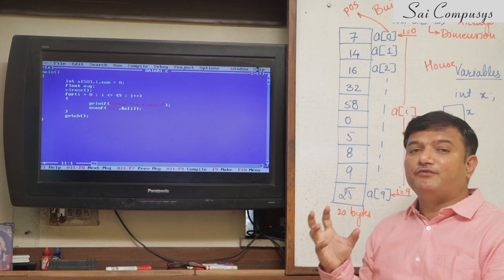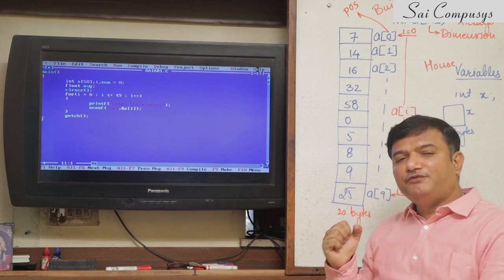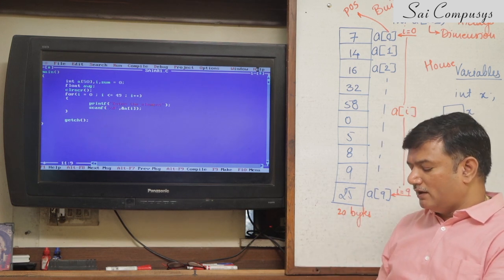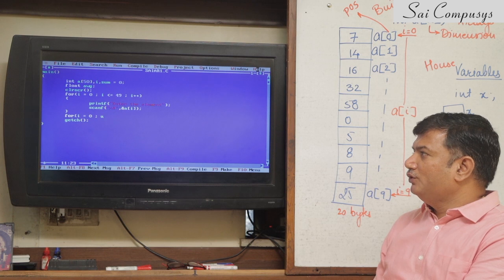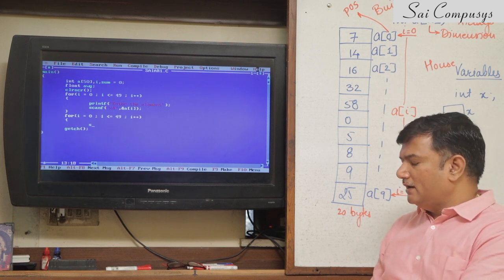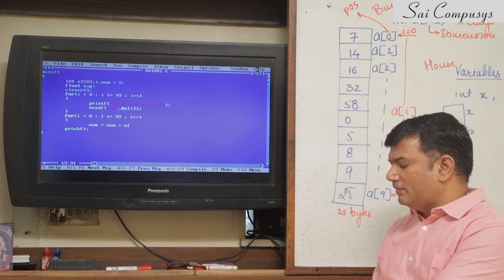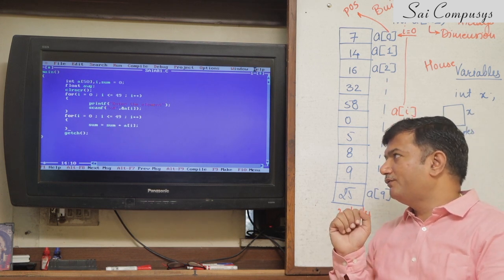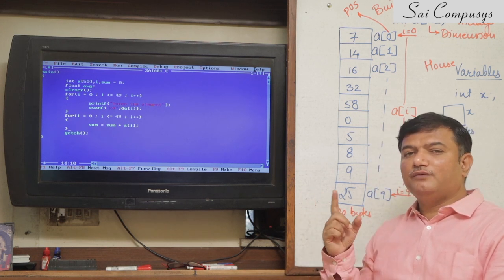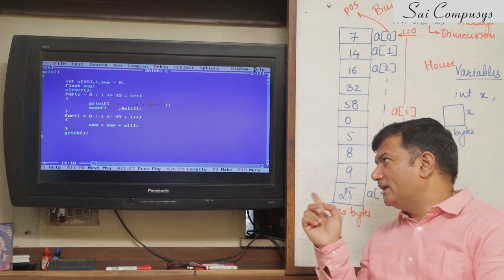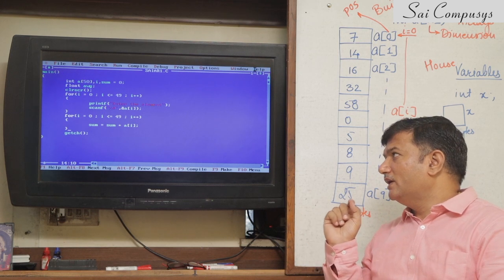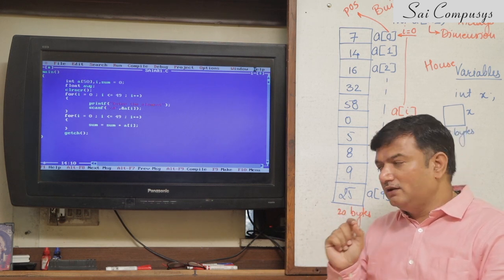I wish to add the 50 numbers in the array. The 50 numbers are stored from 0 to 49. Now when I say 0 to 49, I indirectly mean to say you have to use a loop starting from 0 to 49 and add each and every element with the variable sum by writing sum equals sum plus A of I. Just go through it. One by one each element of the array will be added with sum. First A0 will get added, then A1 will get added, then A2 will get added, and so on. The addition will take place till A of 49.